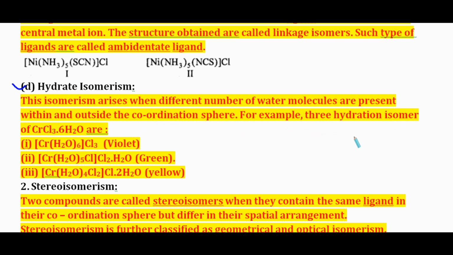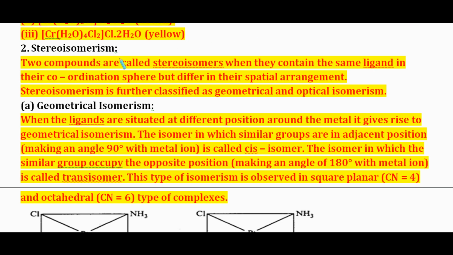For example, 3 hydrate isomers of CrCl3·6H2O are [Cr(H2O)6]Cl3, it is violet; [Cr(H2O)5Cl]Cl2·H2O, there is Cl यहाँ 3 था, अंदर एक Cl गया तो 2 हो गया, H2O बाहर आ गया, ये हो गया ग्रीन। [Cr(H2O)4Cl2]Cl·2H2O, एक Cl और अंदर चला गया, एक Cl यहाँ बचा, 2H2O, ये क्या है येलो। तो यहाँ पर देखिए कोऑर्डिनेशन जो नंबर है वो सेम है, सब में 6 है, पर यहाँ पर जो ये वाटर मॉलिक्यूल है उसका लोकेशन डिफरेंट है, कभी लिगेंड और कभी ये बाहर आ जाता है कोऑर्डिनेशन स्फीयर के बाहर।